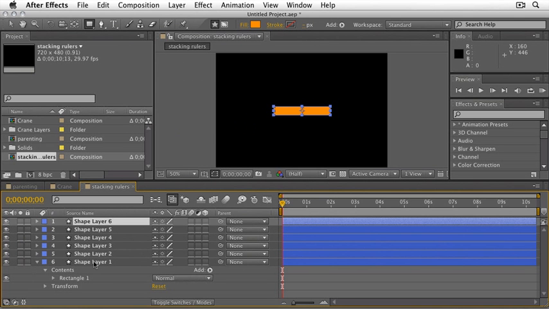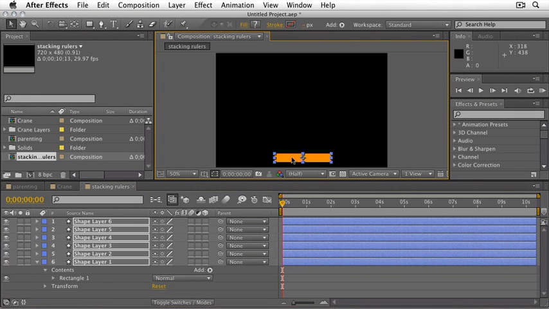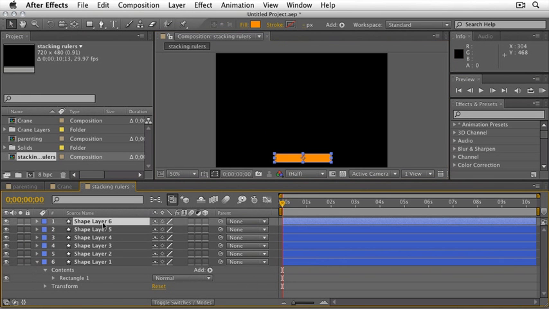The next thing that I'm going to do is I'm going to select all of these layers. Control or Command A does that. I'm going to switch tools to the selection tool, and I'm just going to drag them all to the bottom. Now I'm going to move where the anchor point is. So I'm going to grab the Pan Behind tool, which is this tool right here, and I'll select layer 6,